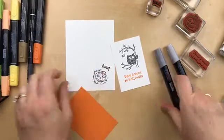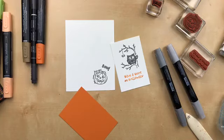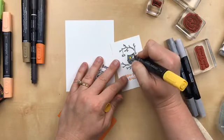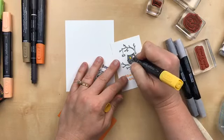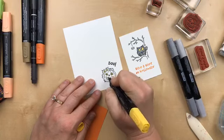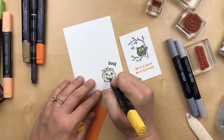Now for the eyes, I'm going to use yellow, and yeah, I got lights. Hold on, let me grab the dark one. Earlier for Stamp Club, I had the So Saffron light, and I really want a darker yellow for his eyes. I'm also going to use the yellow over here for the eyes and in the pumpkin for the eyes. Do you guys like to use...